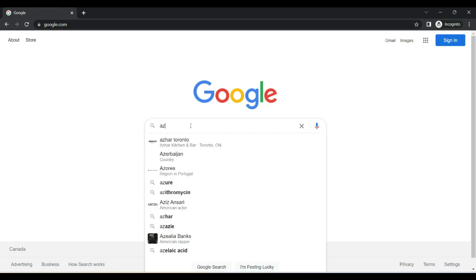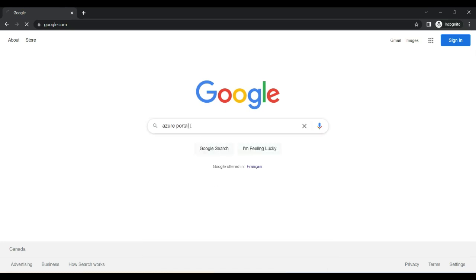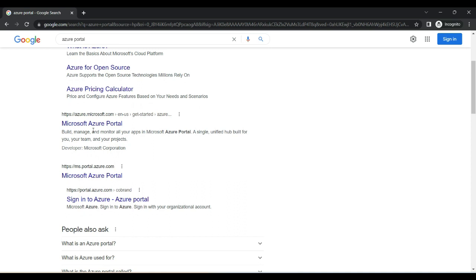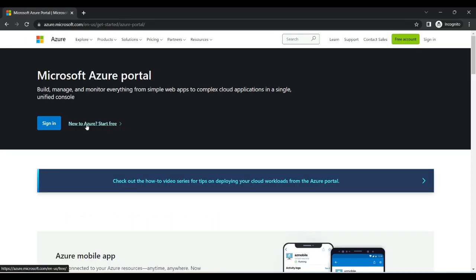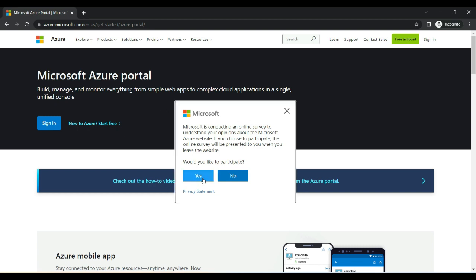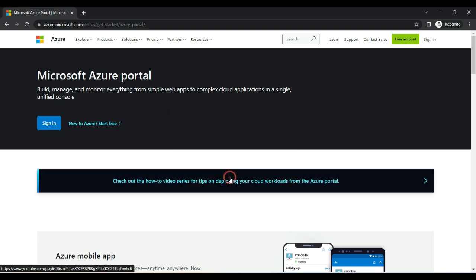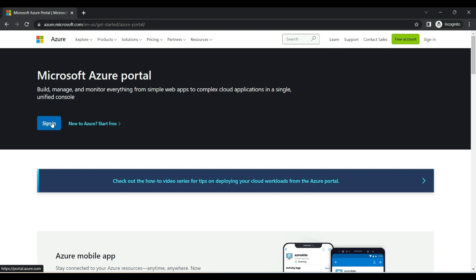So in Google search, I'm going to just search for Azure portal, and you should see a link to the Microsoft Azure portal page. Just click on that. Now on this page you will see two options to create a new Azure account or sign in with your